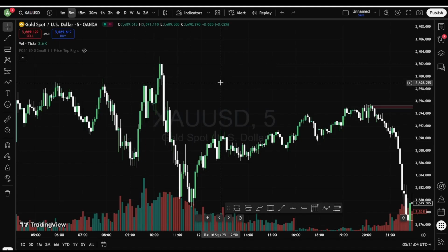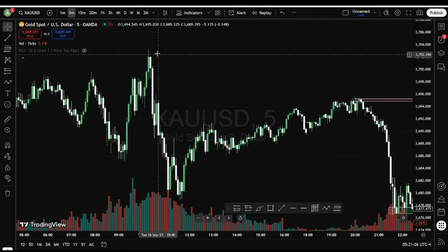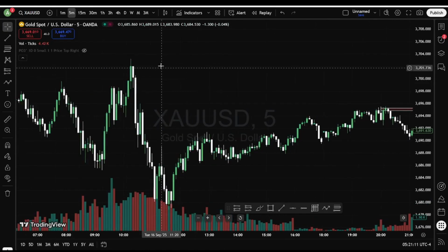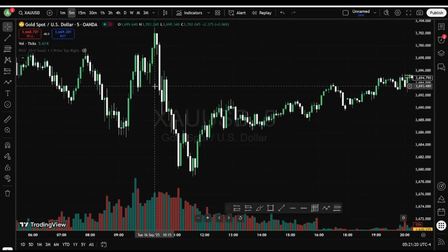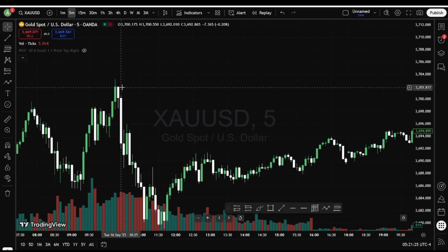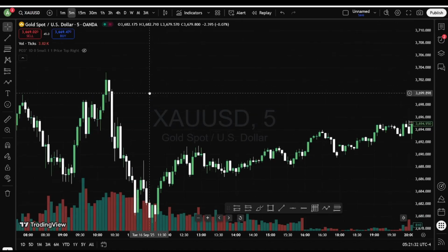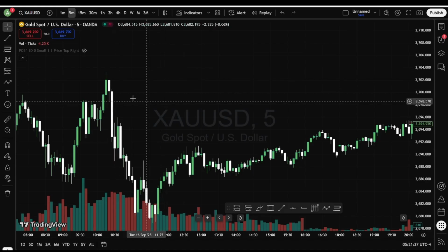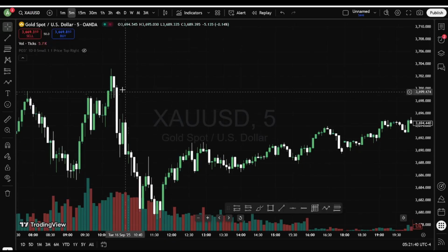After taking all the buy orders, immediately the sellers came into the market. They turned the market bearish with momentum. See guys, this is the momentum. Here you can see there is no wick. After this candle, we didn't find any wick. That means they are not allowing buyers to close even at break even.